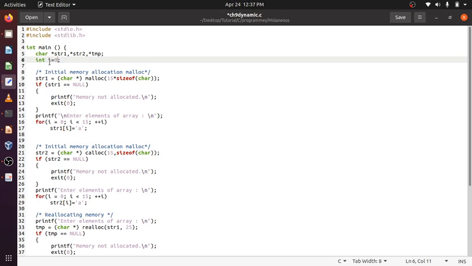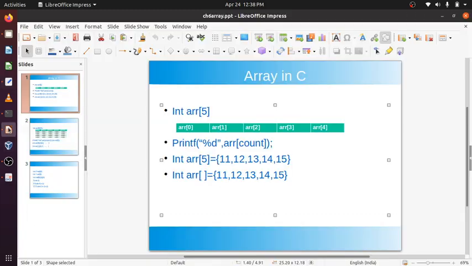While compilation you don't know what the entered value of I will be, so it cannot be done with static allocation. An array is a static kind of thing. During compilation time you should give the size, but with dynamic allocation you give the size during runtime.